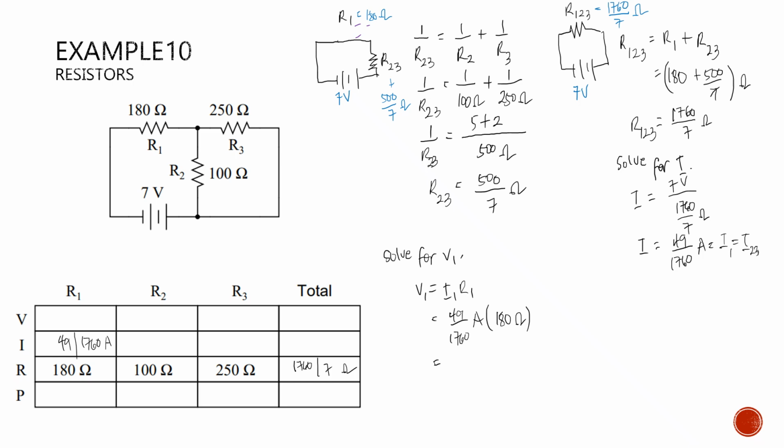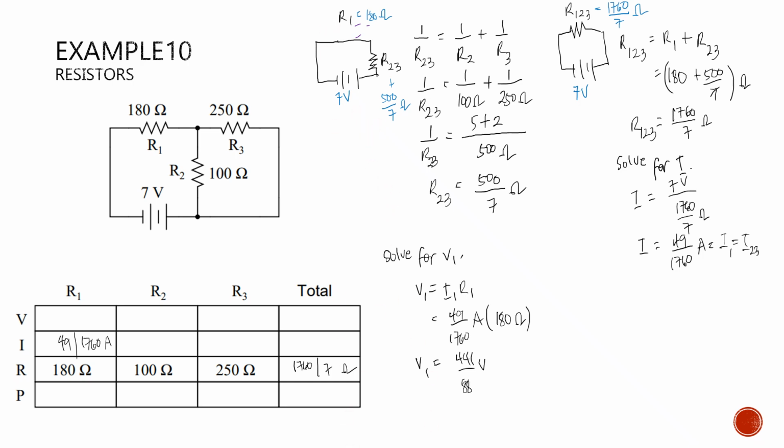So it's 441 over 88 exactly, volts, or that is around 5 volts. Okay, so we now go to which part? Since we know the voltage here for R1 in this diagram,